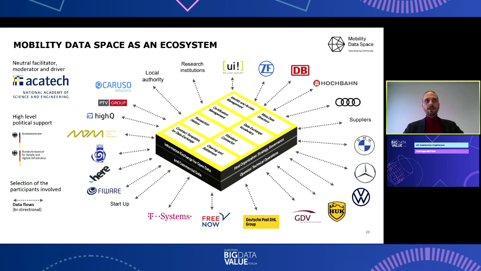And also from the beginning, there were a lot of huge partners. Again, we have here the row of huge OEMs from the automotive sector like BMW, Mercedes, Volkswagen. In addition, you also see companies that are not producing cars but that offer mobility services, like Deutsche Bahn or FreeNow, who might be familiar to you. Also other players that already have platforms established in the field of automotive and mobility, like HERE or Caruso, are part of the project,